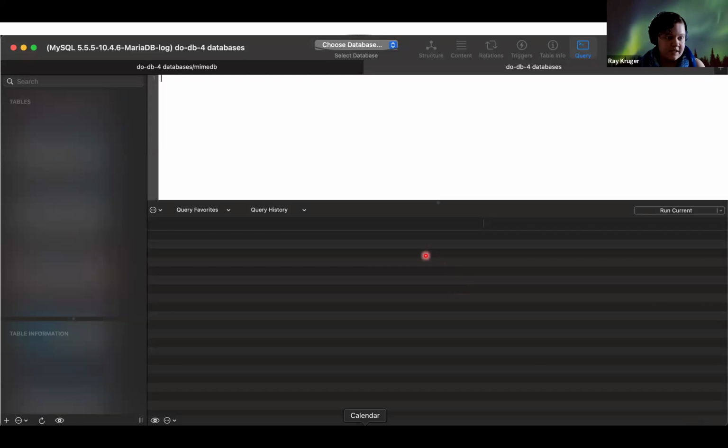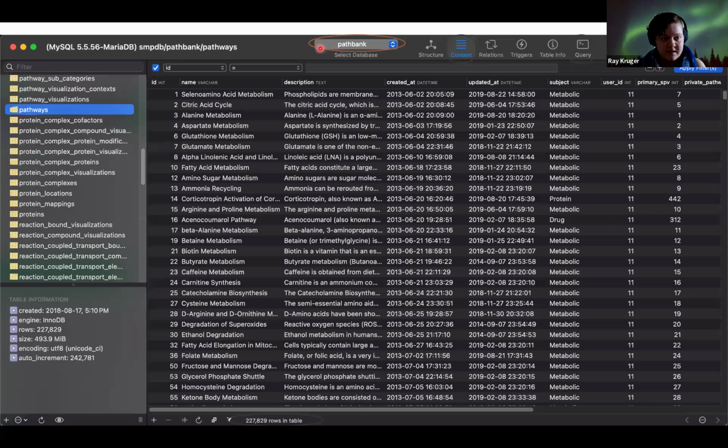So in SQL Ace, once you've logged into the server, you will come to this page and you can write queries here. You can run the query, but you can't really interact with much else until you choose a database. Once you've chosen a database, say PathBank, it will still be on the query screen, but you will be able to choose from a list of tables in alphabetical order. Once you've chosen a table, say pathways,